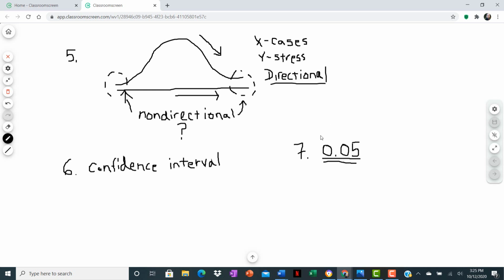So again, the APA says that when it comes to hypothesis testing, we're going to assume that we can reject the null hypothesis even if the null hypothesis occurs up to 5% of the time. So if in our research we find that the null hypothesis occurs at 2% of the time, we're pretty comfortable rejecting it. But we can go all the way up to 5% of the time and still feel comfortable rejecting the null. So for a critical value of 0.05, it's okay to reject